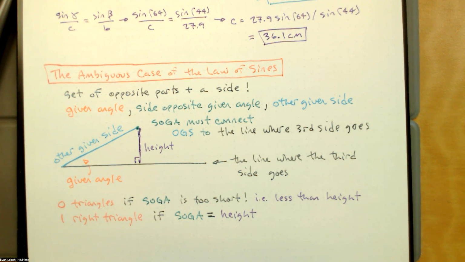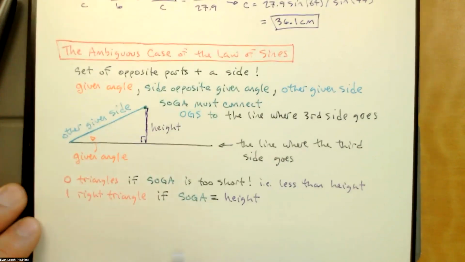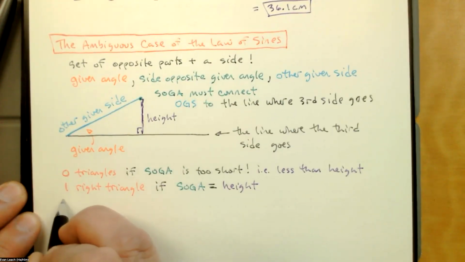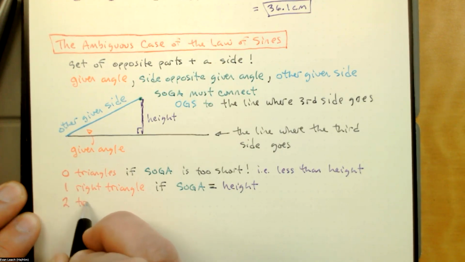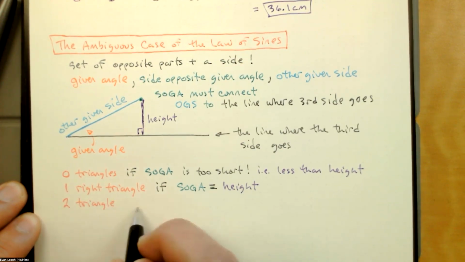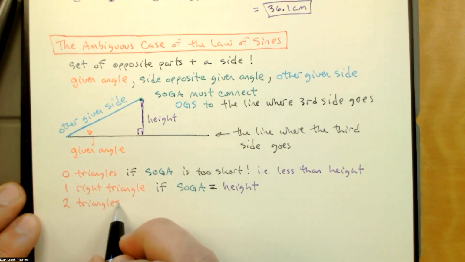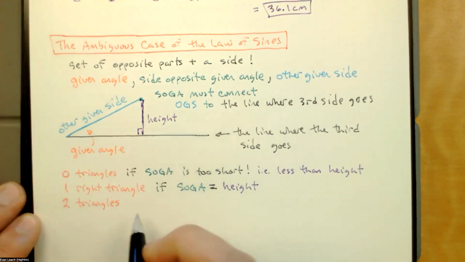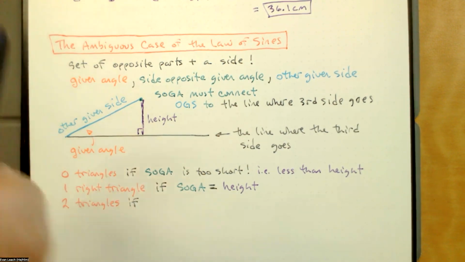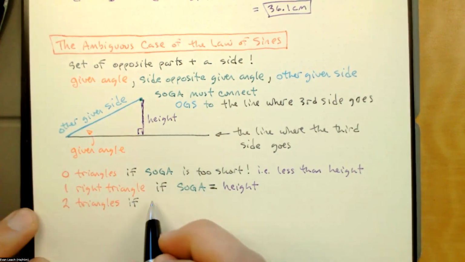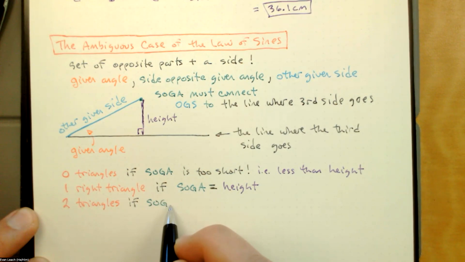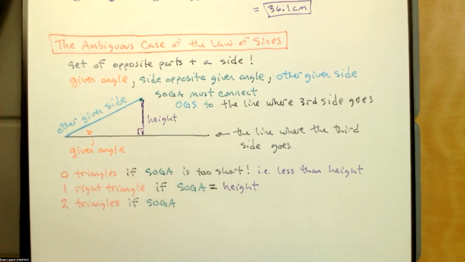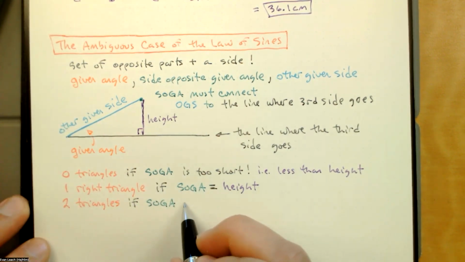If the side opposite the given angle is more than the height, then we could end up with two triangles. So this is the case we got to watch out for. Two triangles. If the side opposite the given angle is greater than the height,